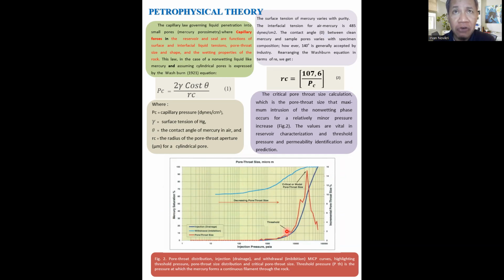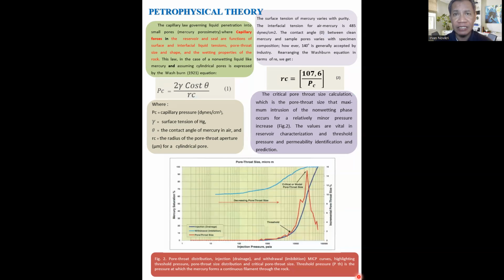The petrophysical theory of mercury porosimetry is based on the capillary law, which governs the penetration of liquid into the small pores. Capillary pores of the reservoir and seal depend on surface tension, interfacial tension, pore throat size and shape, and the wetting properties of the rock. The Washburn equation, specifically formulated for non-wetting liquids like mercury and assuming cylindrical pores, is used to calculate capillary pressure